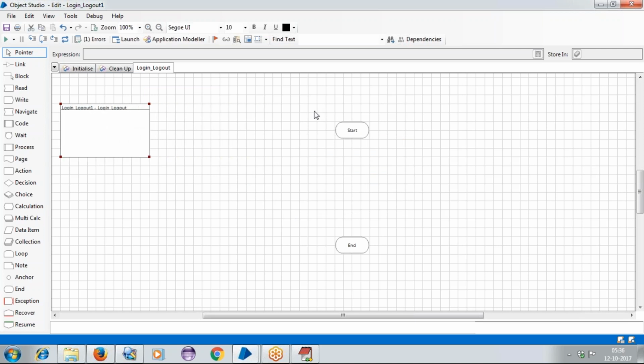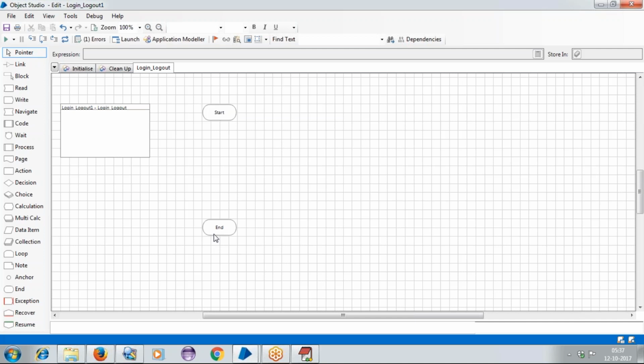Right, now we'll move to this part. Whenever we create any object, by default it comes with the start option and the end option. Now our requirement is to open the application.